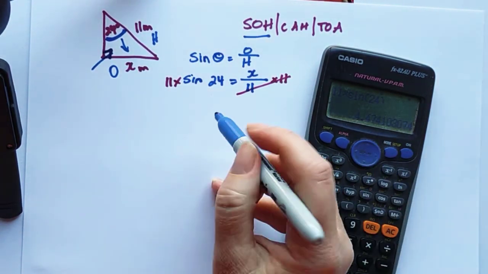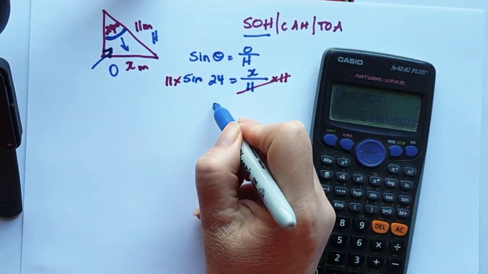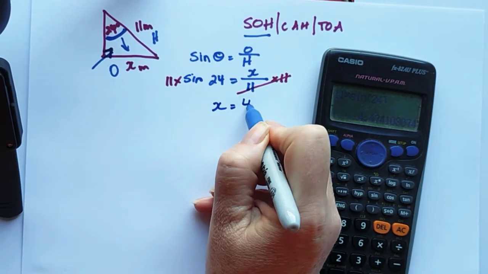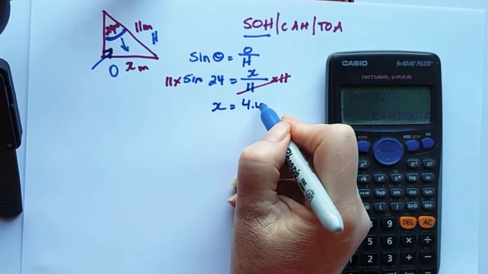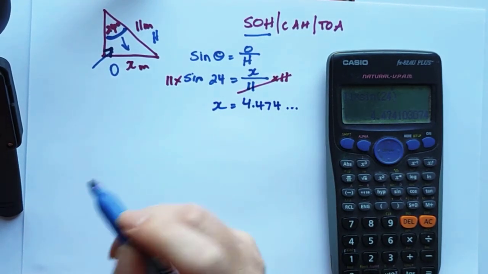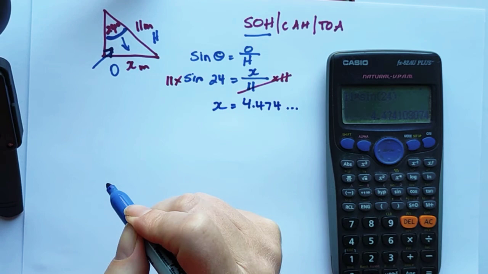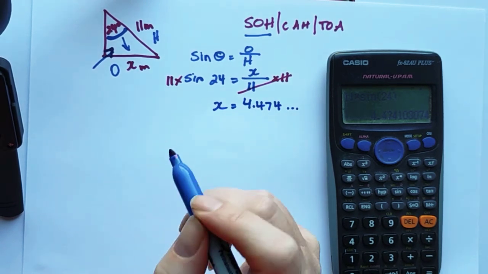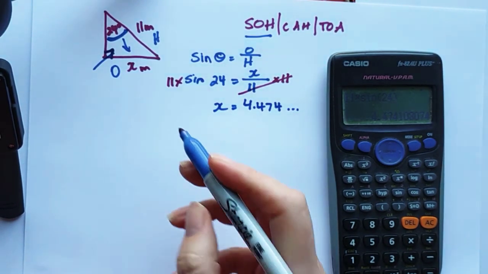And I'm going to be a bit lazy and save a line of working, and I'm going to say x equals 4.474. And I'm done. I can round that off a bit better if I want, or I can just leave it as it is. Now, the other type of question you're going to get